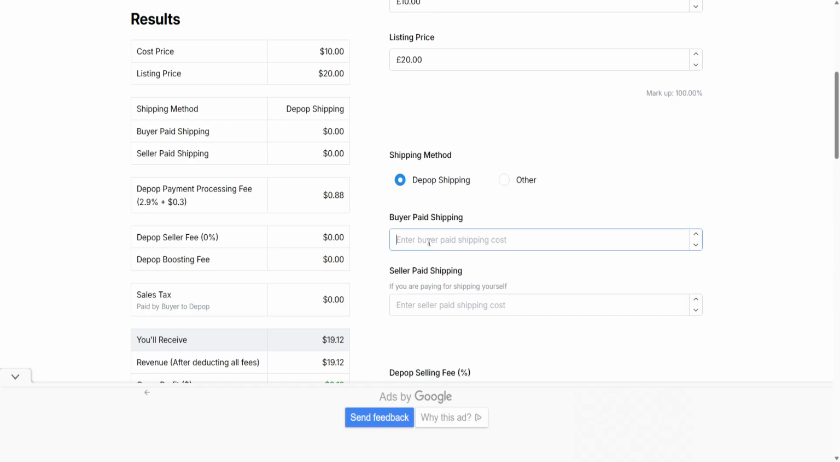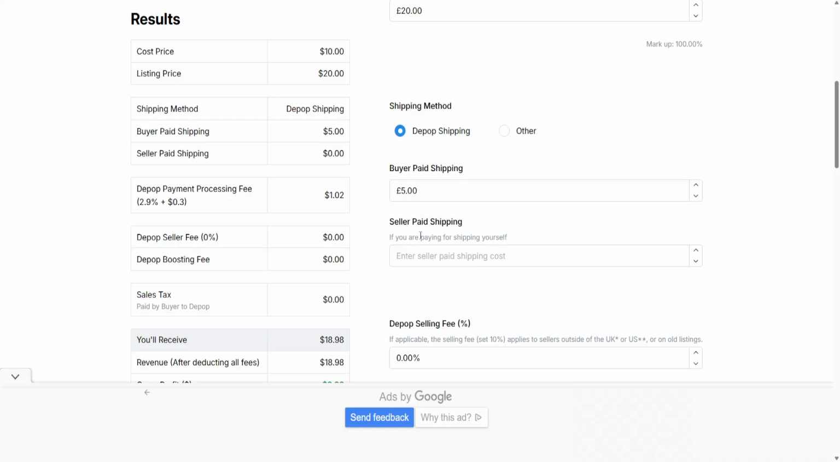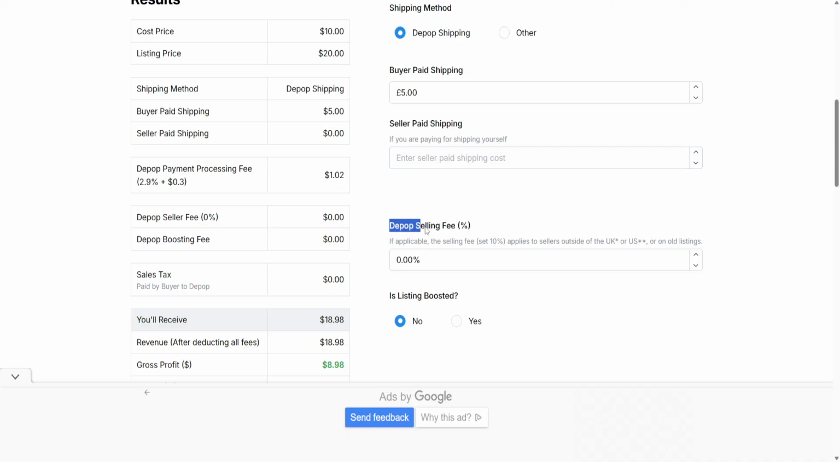Buyer paid shipping, enter the buyer paid shipping cost. So let's say that it's going to be £5. Seller paid shipping, if you're paying for shipping yourself. No, we will not. So here, Depop selling fee, if applicable, the selling fee, which is a set 10% outside